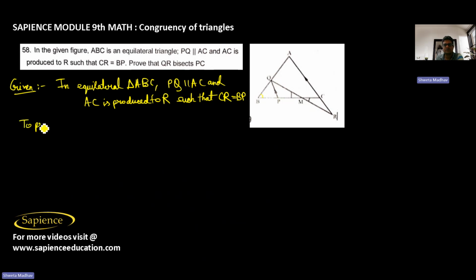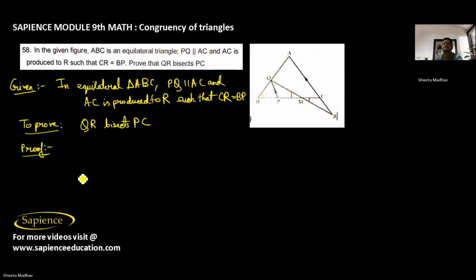We have to prove that QR bisects the line segment PC. QR bisects PC. So the proof is,